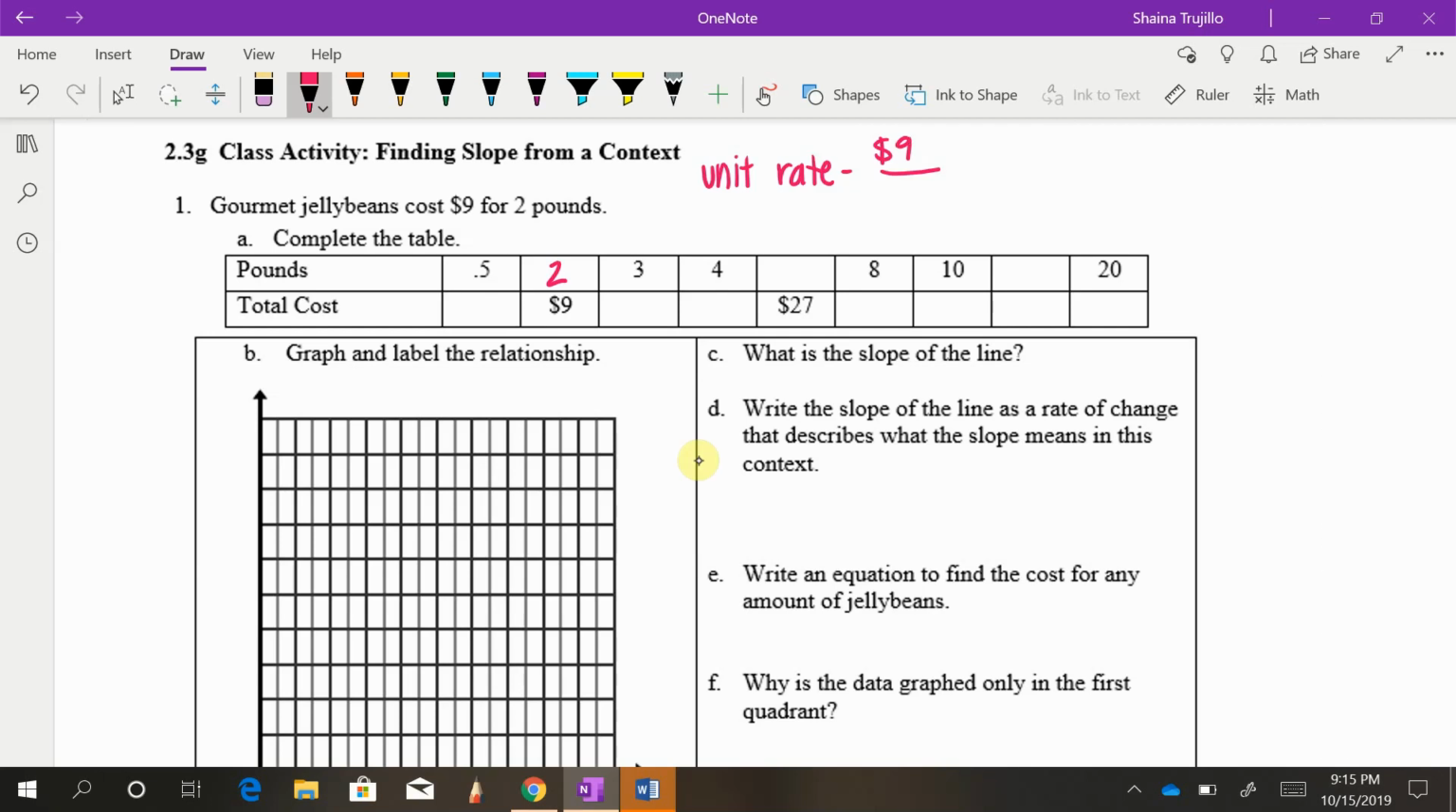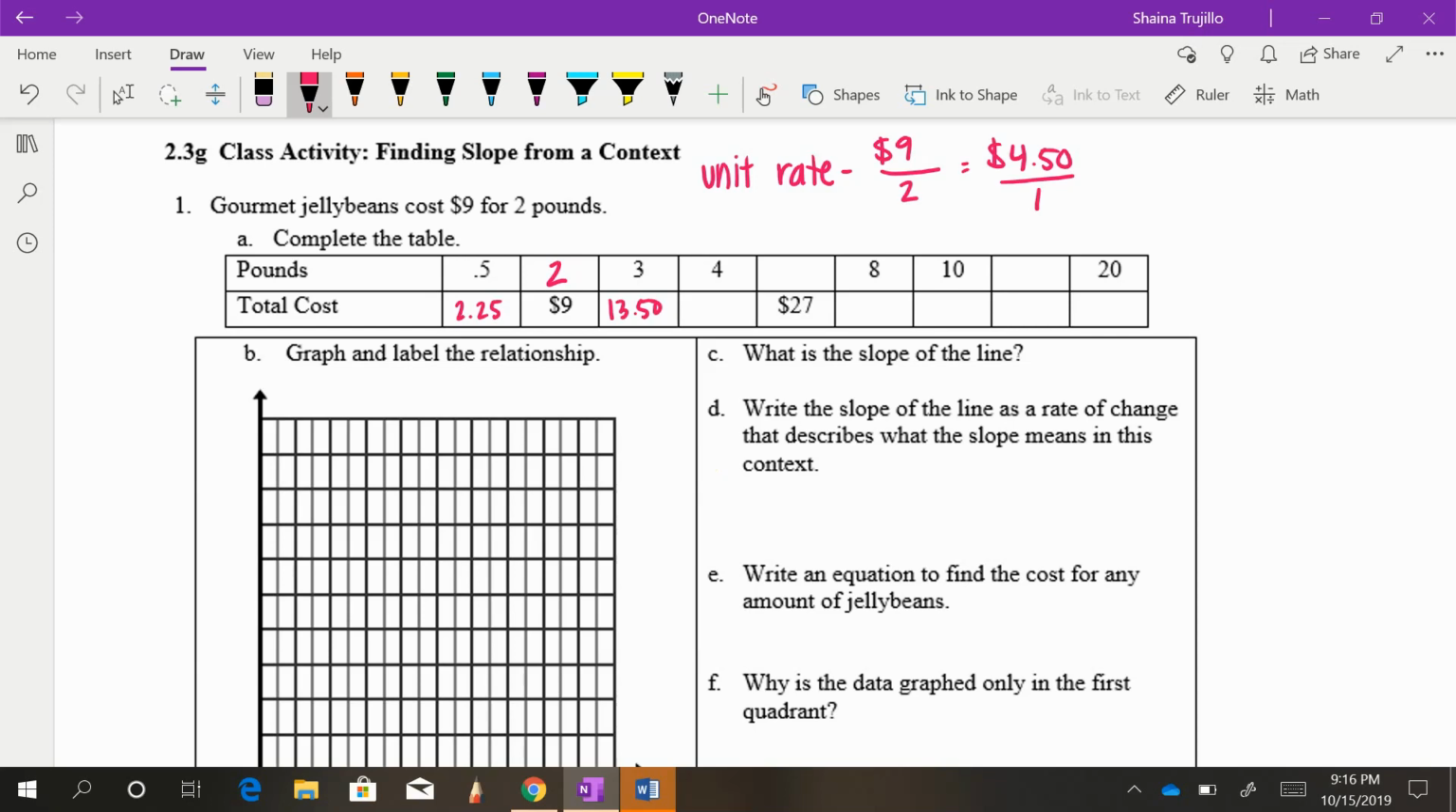So if I know that it costs $9 for 2 pounds, it is going to cost $4.50 to buy 1 pound of jelly beans. So I'm going to use this information to help me finish filling out this table. If I buy half of a pound, it is going to cost me $2.25. If I buy 3 pounds, it is going to cost me